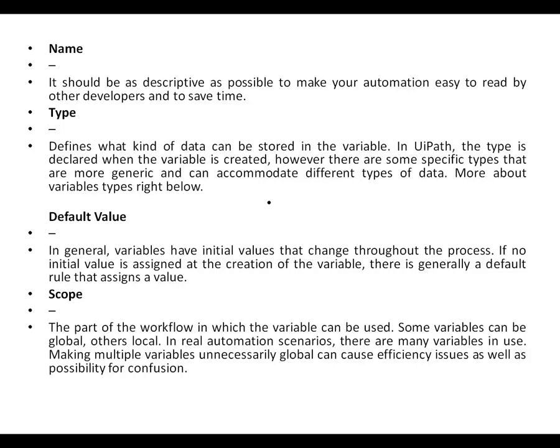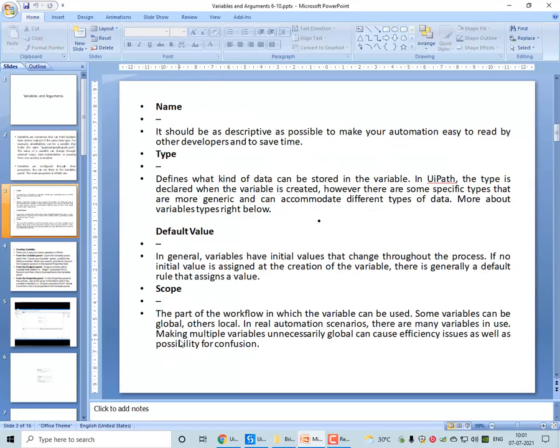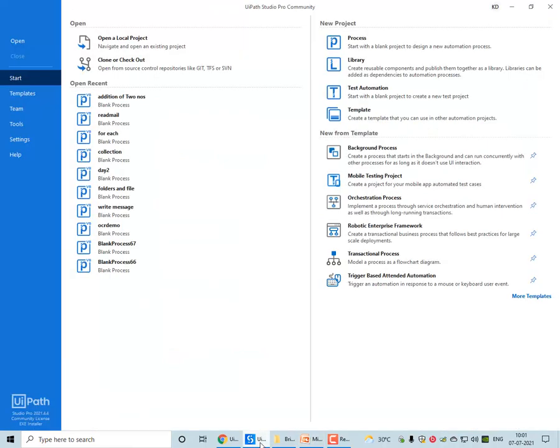Suppose you have defined a variable within a particular scope, so you should assign the scope to it. Some variables may be global, some may be local. In a real automation scenario there are many variables in use, so making multiple variables unnecessarily global can cause an efficiency issue. So let me share the UiPath screen to understand what scope is.